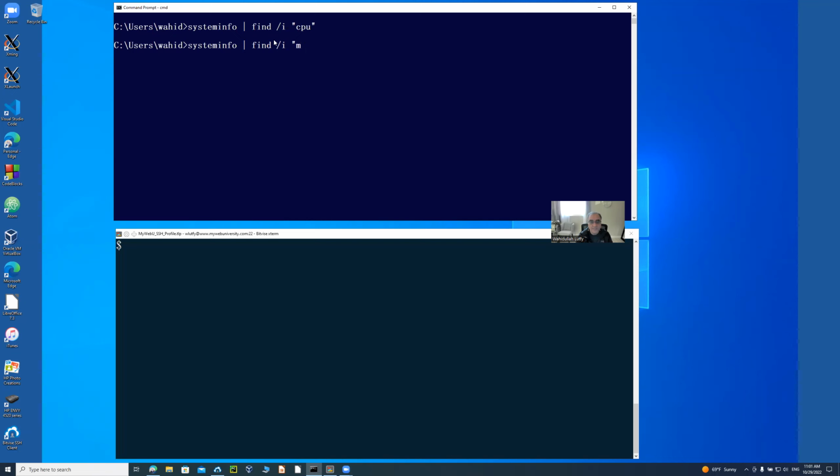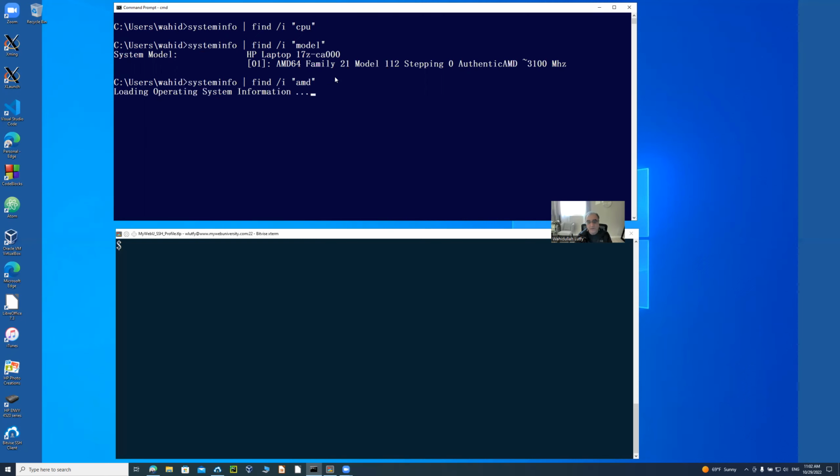In this case, let's look for the string model. If the string CPU is not listed, maybe model will show. Yes, it does show, and it's AMD. I could have done the same thing with AMD if I knew the processor was AMD, but the word model is there. Similarly, on Linux,